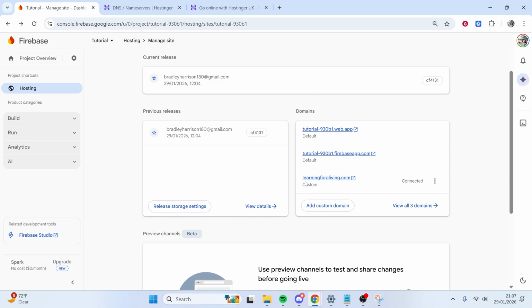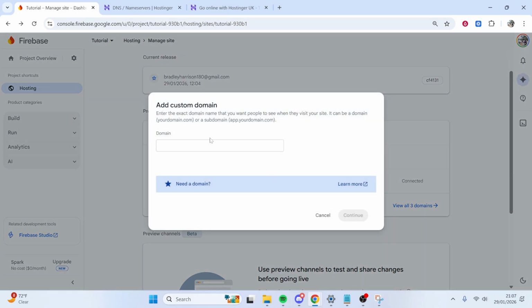Now, you may notice that this is only your root domain. If you type in www.yourdomain.com, it will not work, because now we need to go ahead and add your domain again, but with www. So go to domain and type in